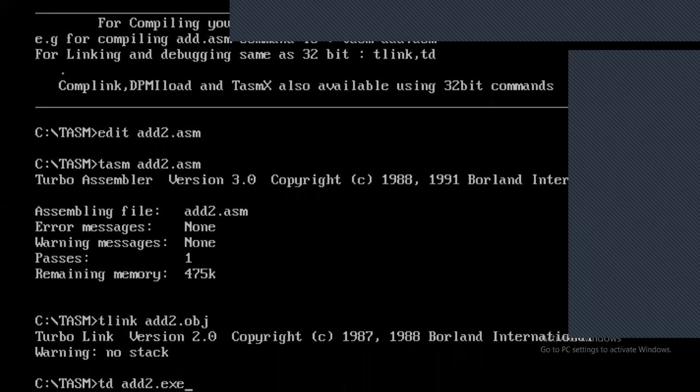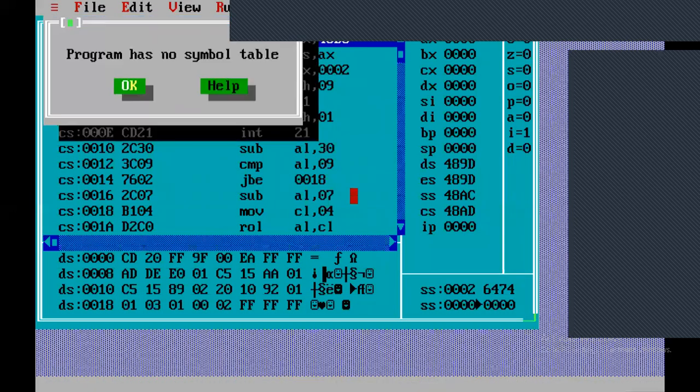So in this .exe, you have to type the command td filename.exe. Now you have to press enter. All of you please observe. I will press enter now. Please observe. Once I press enter, I get this window. So in this window,